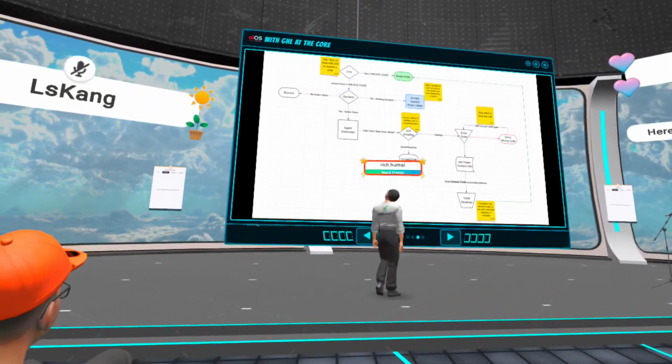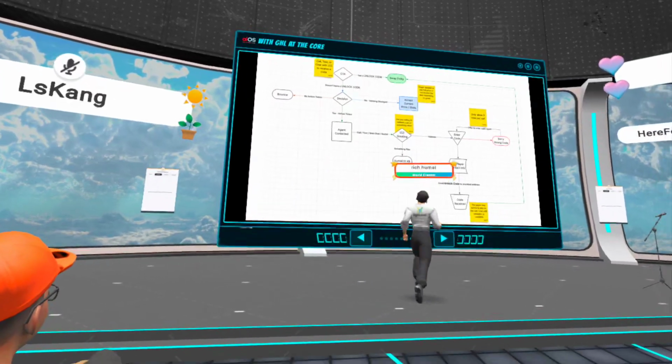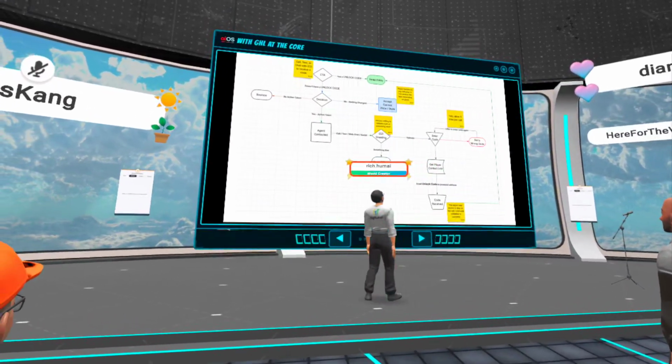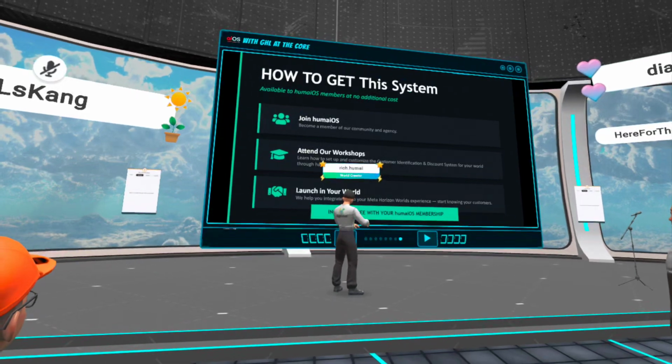Okay, so if you take a look at this screen, I mean this flow chart, basically the way